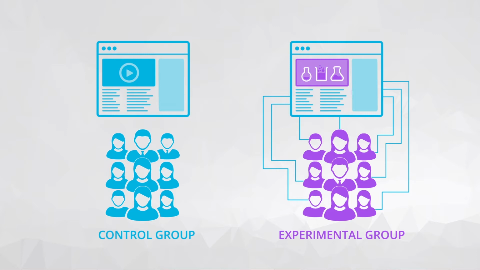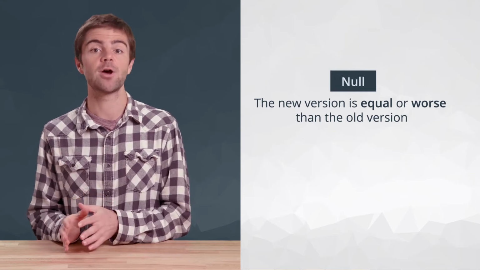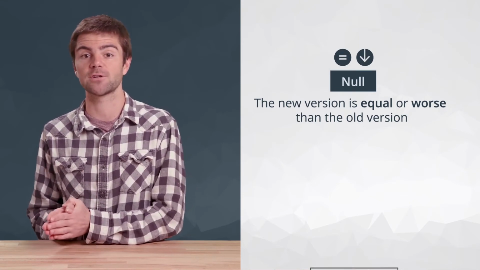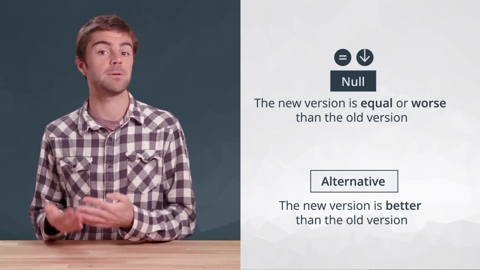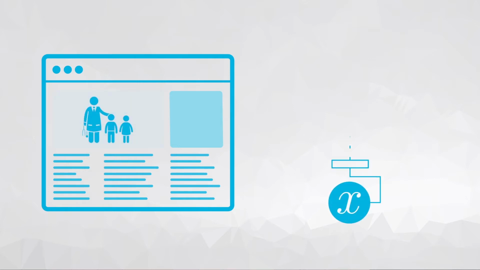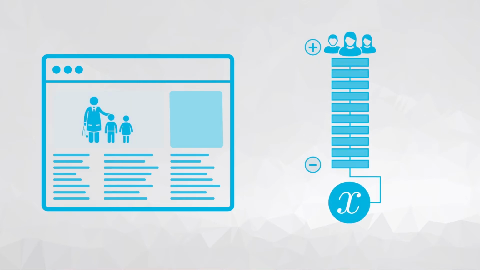This is actually just an application of hypothesis testing, where the null hypothesis would be that the new version is no better or even worse than the old version, and the alternative would be that the new version is better than the old version. A ton of companies use A/B testing to try out changes in features, layouts, and even colors to increase a metric that measures interest from their users.